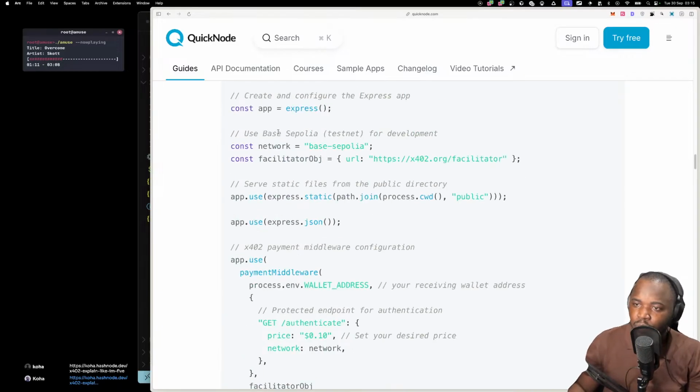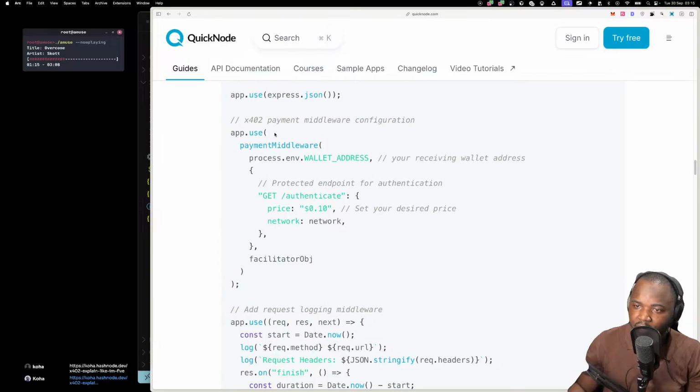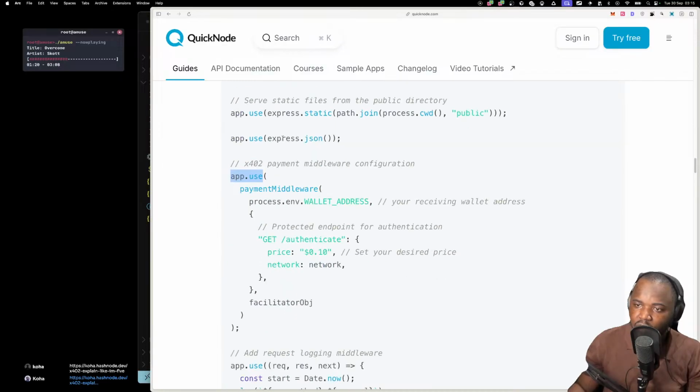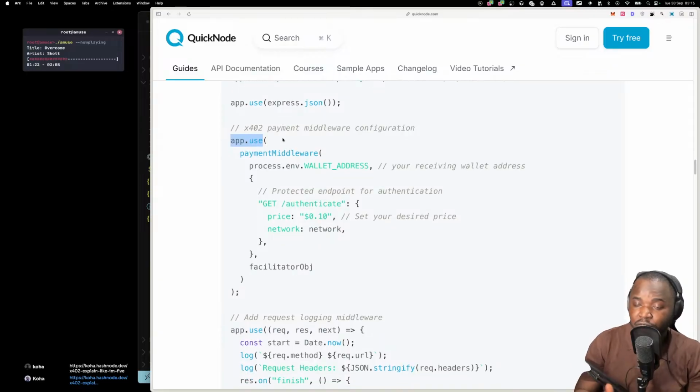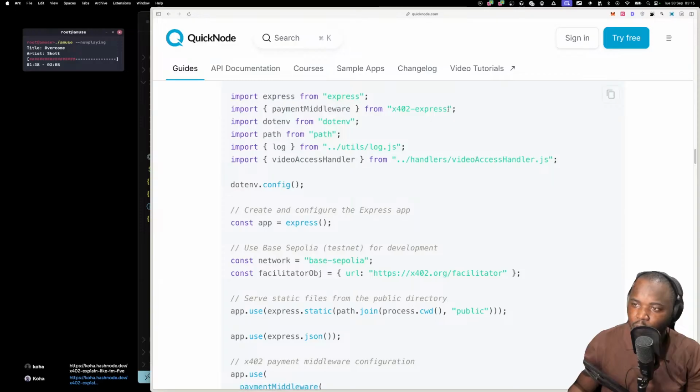And this is the part where we use the payment middleware, right? You can see that we are using payment middleware right here. So app.use, this is just trying to do everything in one place. If you're trying to have several endpoints, you might want to have this in a different style, but of course all we want to achieve here is to use this middleware so we can continue with it. So app.use payment middleware, which is what we imported from